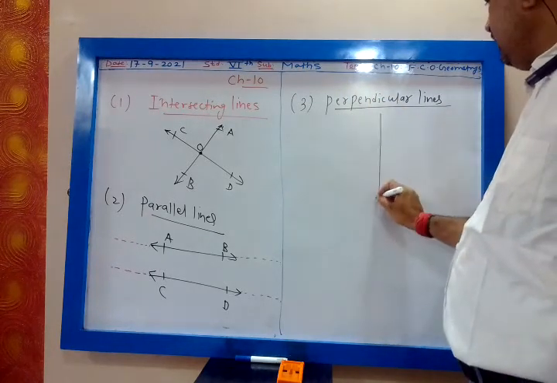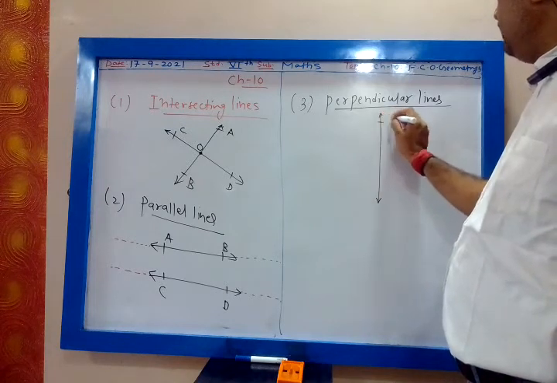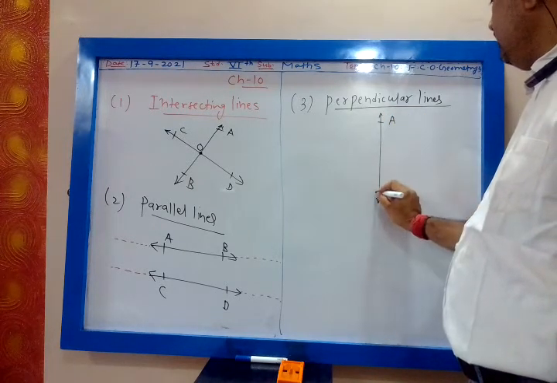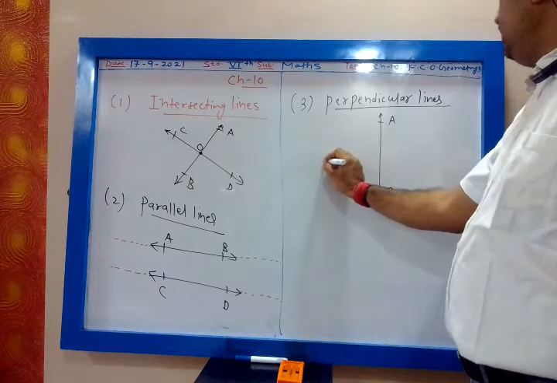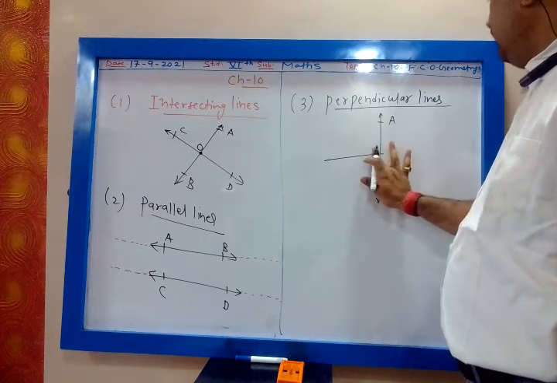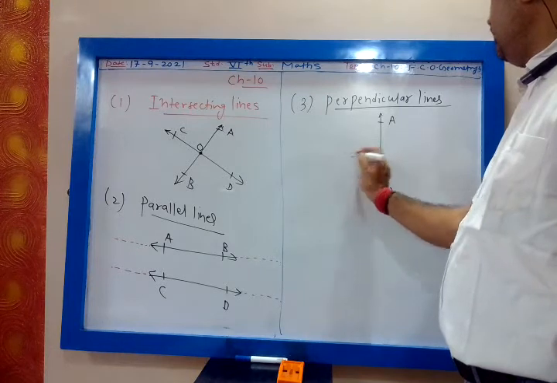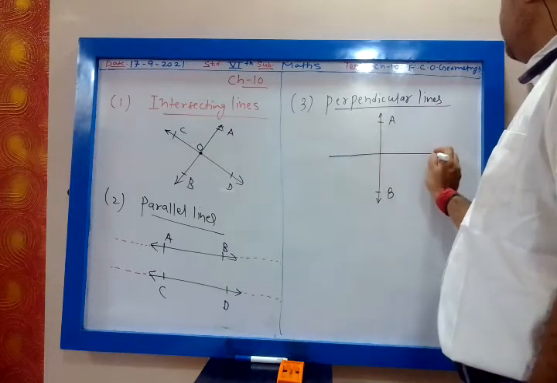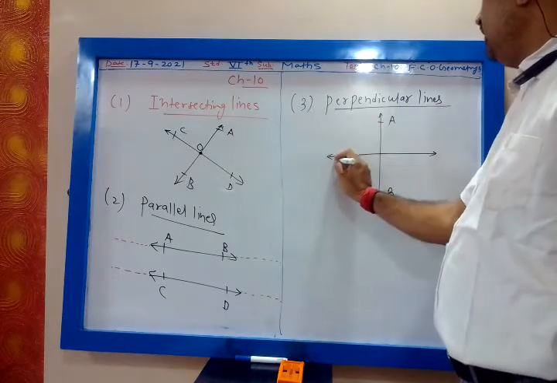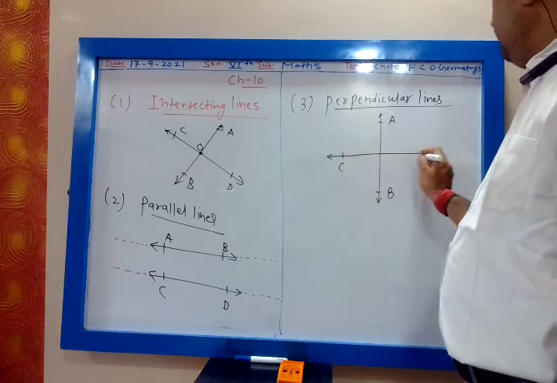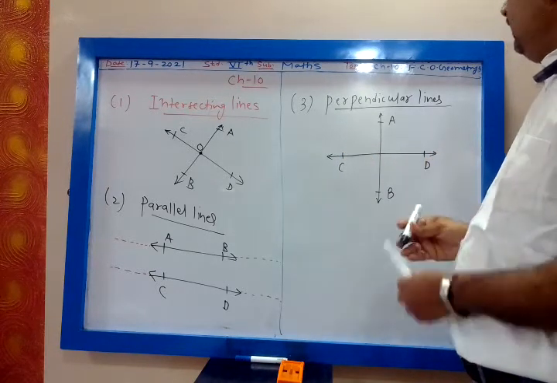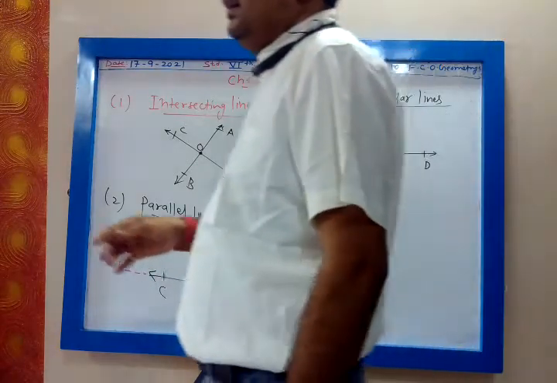AB and CD are two lines. Draw one vertical line, draw one horizontal line. AB and CD are two lines. If AB and CD,